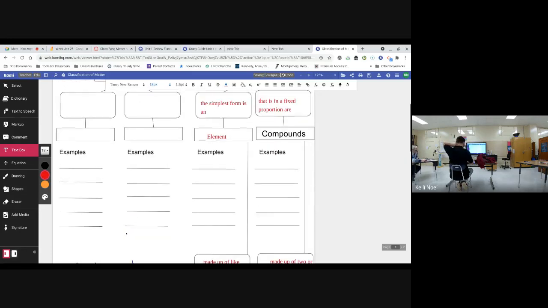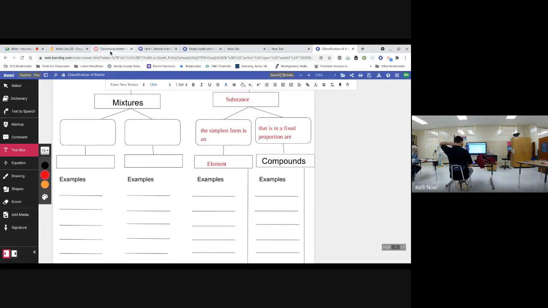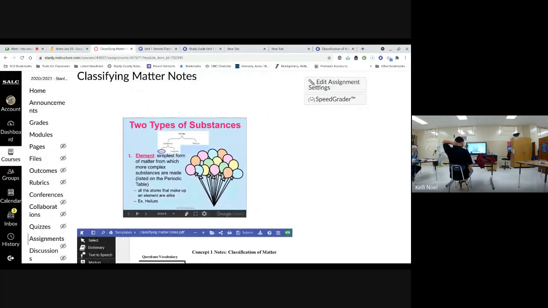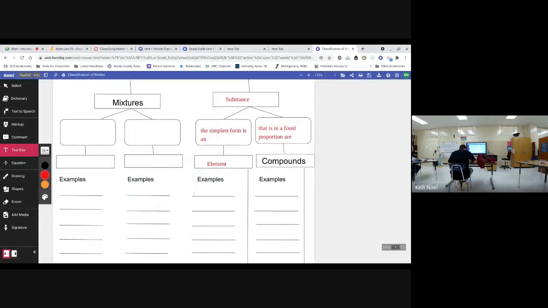Yeah, it's fine. All right, then we can put examples. So again, you can get your examples from here. If we go one more slide over, we get element examples. You can type helium, argon, neon, oxygen, nitrogen, or hydrogen. So you can pick from those. So helium, argon, neon. So if I come over here, I can type